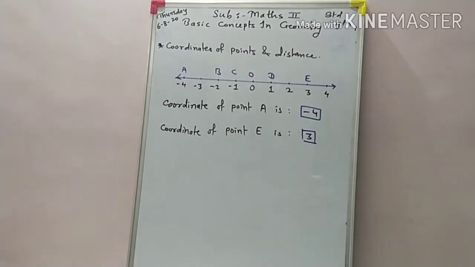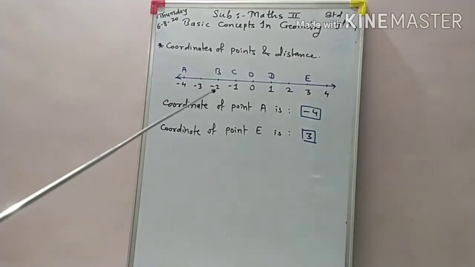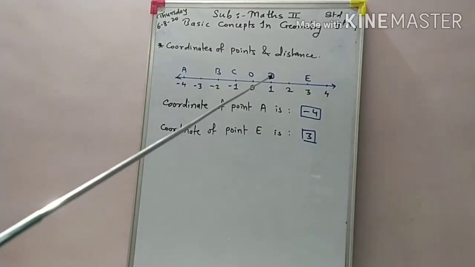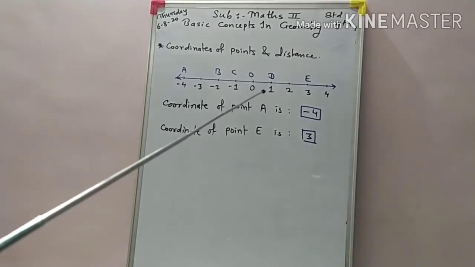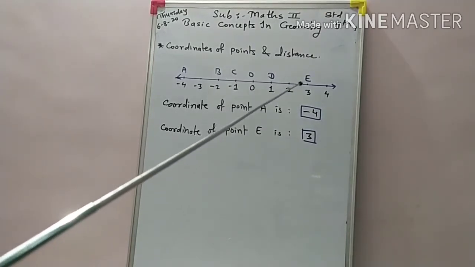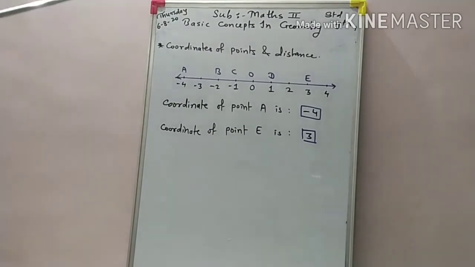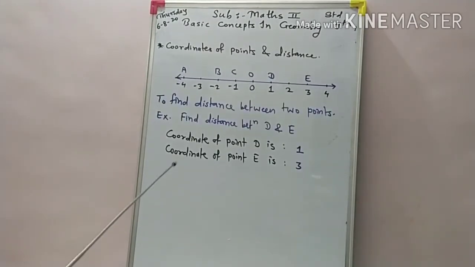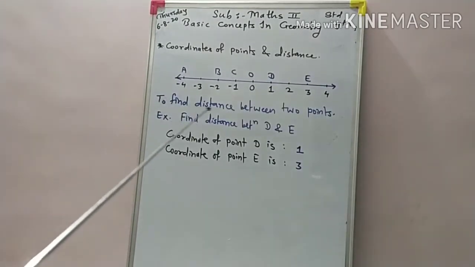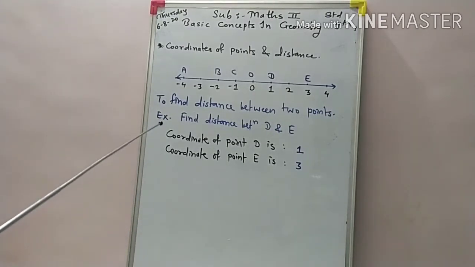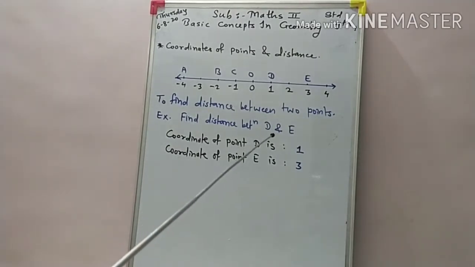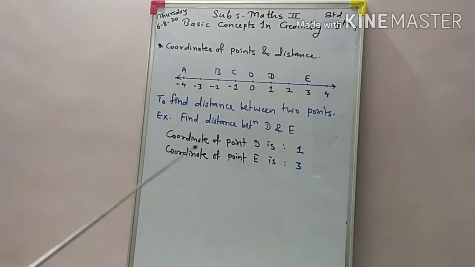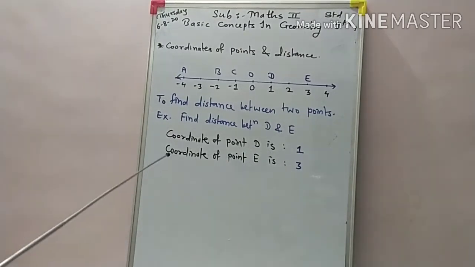But according to the coordinates, how do we find the distance between D and E? Here, as you observe, the coordinate of D is what? 1, and the coordinate of E is what? 3. So here we write down those coordinates to find the distance between two points. What you have to do? We take the coordinates of the two points. You have to find the distance between what? Point D and E. So here we write down that the coordinate of point D is 1, and the coordinate of point